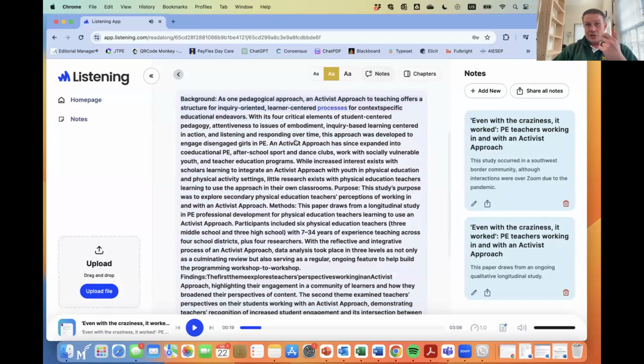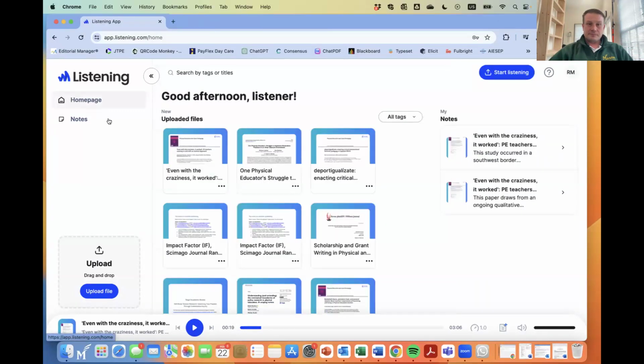So you can also highlight things, and you can see here, add notes. If you're listening on your iPhone or something, all you have to do is press add note, and it takes the last 10 seconds of what was said and copies and pastes it, and you can go into it afterwards. You can queue these up. You can have like 5 in your queue, and you can select, I only want to listen to the methods and the results and the discussion. I don't want to hear the introduction or the abstract. So you can select what parts you read.